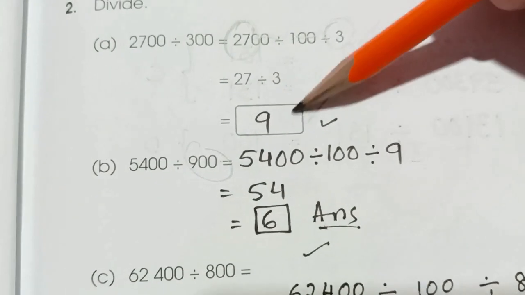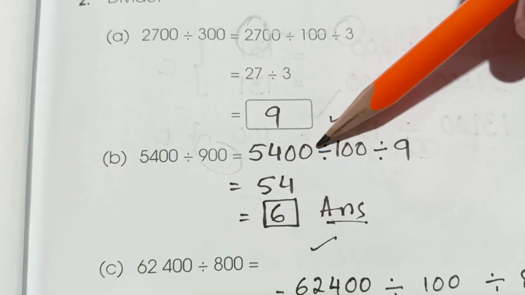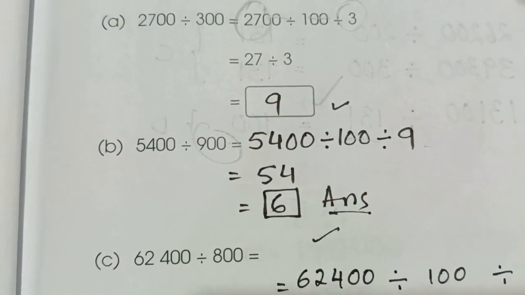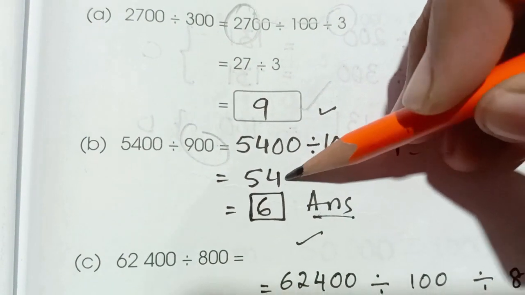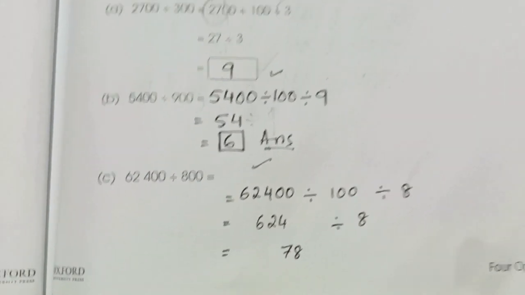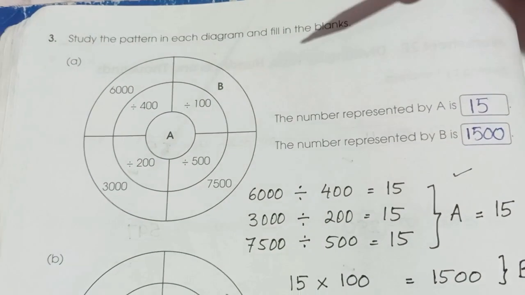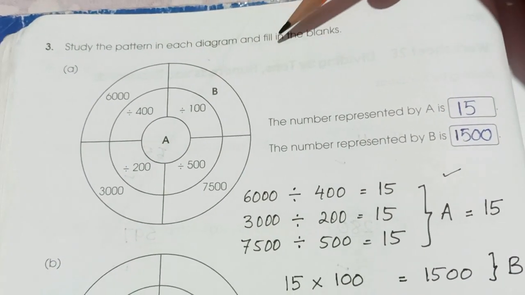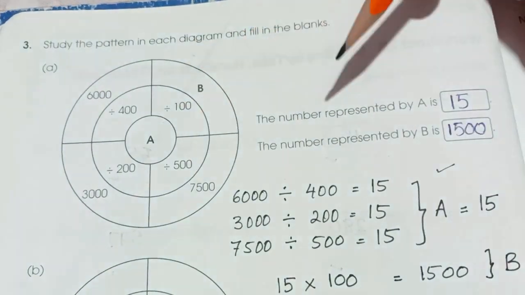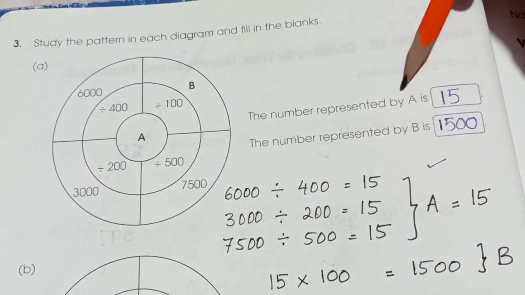Then we divide 5400 with 100. So we cut the 0 and then we divide it with 9. 54 divided by 9 is 6. Again we have the same method. Here we have to study the pattern in each diagram and fill in the blanks. First we have to solve this, then we are going to write. The number represented by A is,